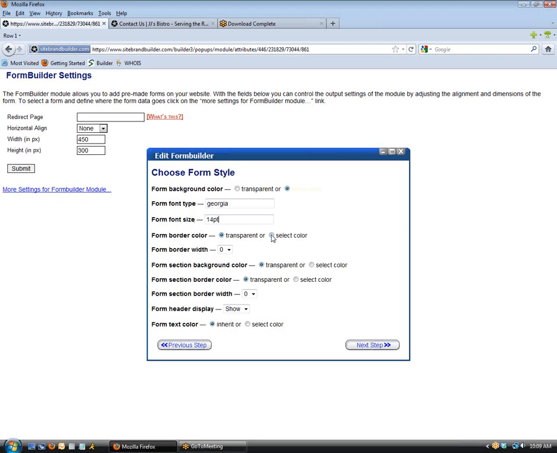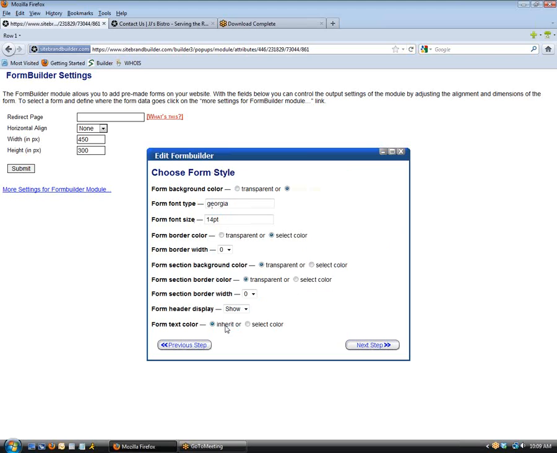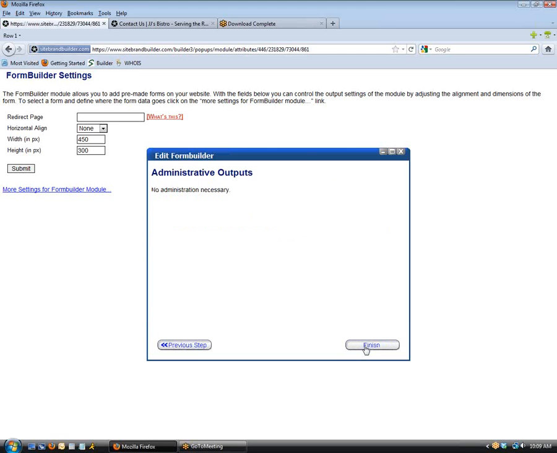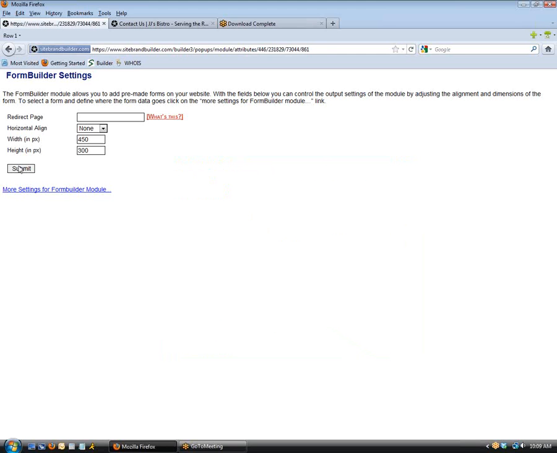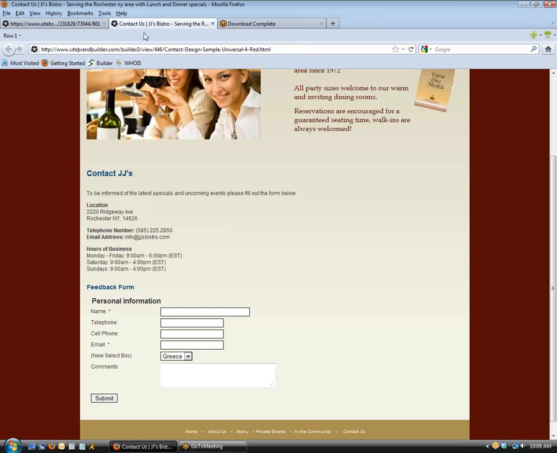And let's say we want to add a little black border around the form. So we select the color, and in order for it to show, you have to actually put a width of it. So we're going to put a width of 1. So let's just take a look at how that looks right now. I'm going to go to the next step. And then you hit Submit. So now if we go to our live site